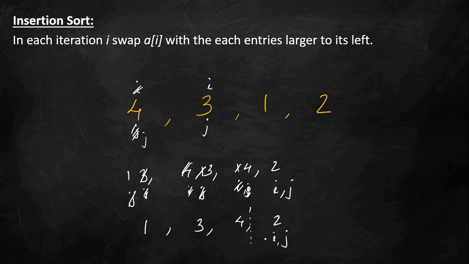Now again I will do the same comparison, j with j minus 1, so 2 and 4. I will swap and decrement the value of j. So here there will be 4 and here there will be 2 and j will come here. Again I will compare j with j minus 1. Here the value will be 3 and here it will be 2, j will come here. Now 2 is greater than 1, which is as expected. So I will reset the value of j to i and increment i, which is now more than the array length. So at the end I have the value 1, 2, 3, 4, and that's what is expected, right? This is what insertion sort does, and the complexity of this is O of n square,